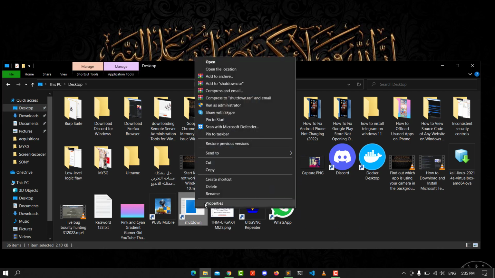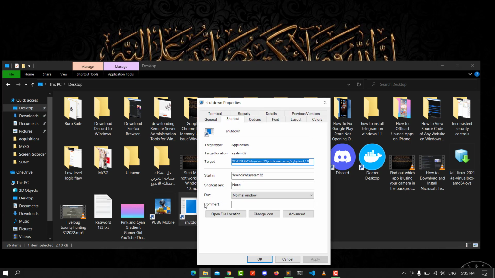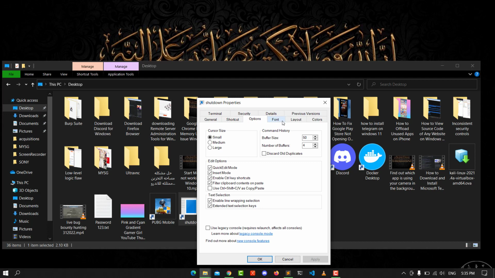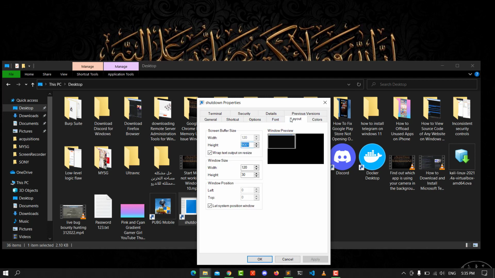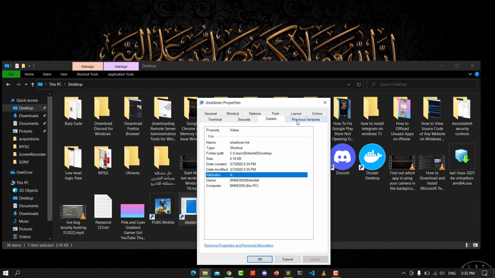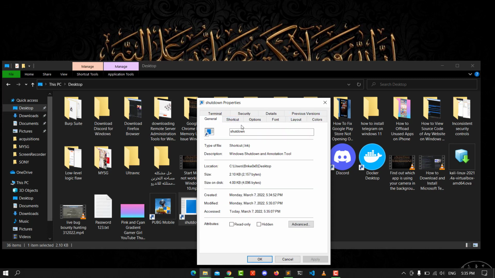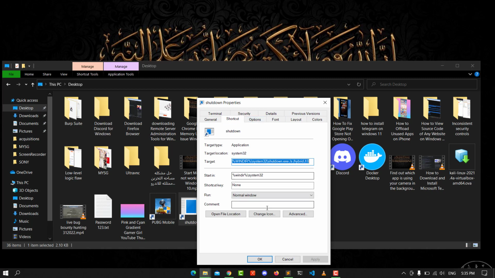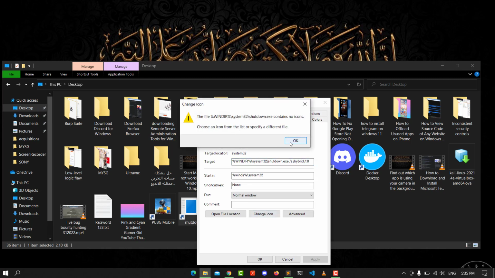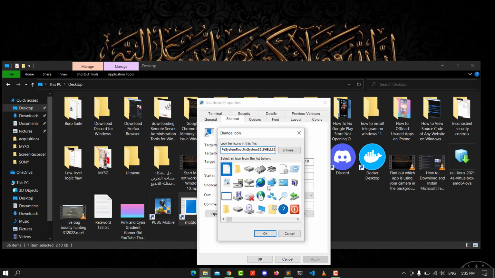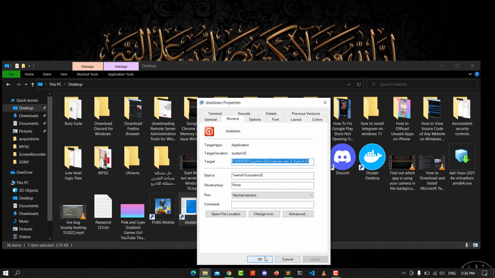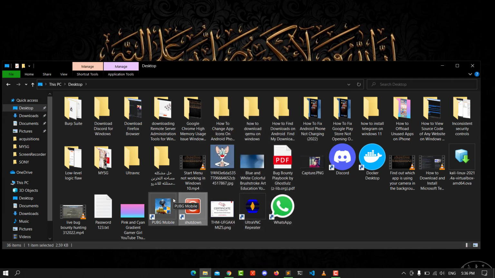Let's change the icon. Right-click, go to Properties, and go to the options. Let's see, font, layout, detail. Just looking for General. We're looking for Change Icon. It's a shortcut. You can just list this for a different file, and let's use that. Okay, Apply and OK. You see, every time an app doesn't shut down, you need to go to the desktop and